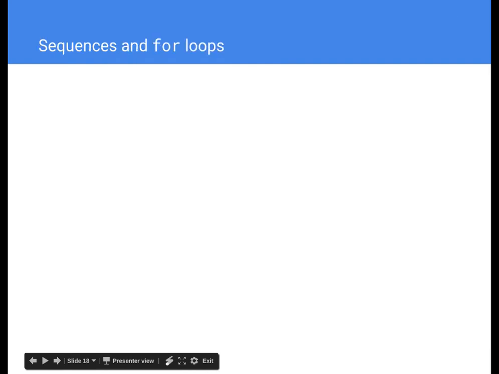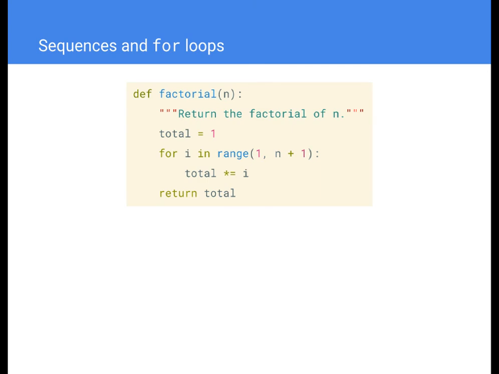So we learned about counters and I in the while loop, right? So here's a new structure called the for loop. We have a function called factorial again, but it's defined a little bit differently. Here we only keep track of the total, and instead, inside of the for loop, we use this counting name